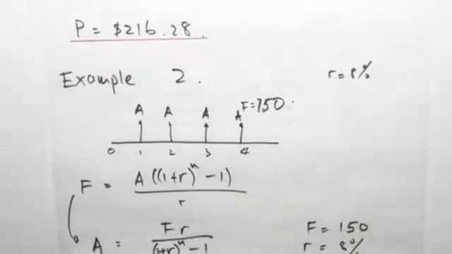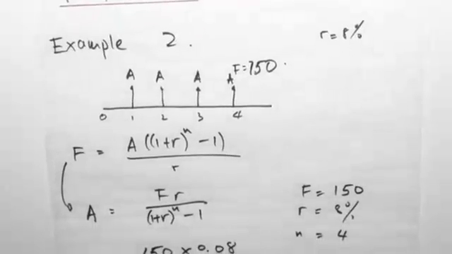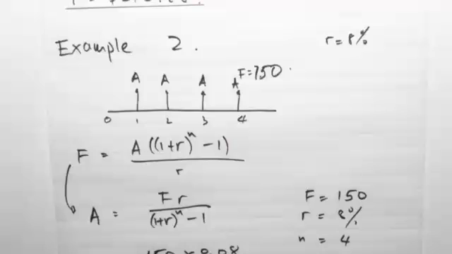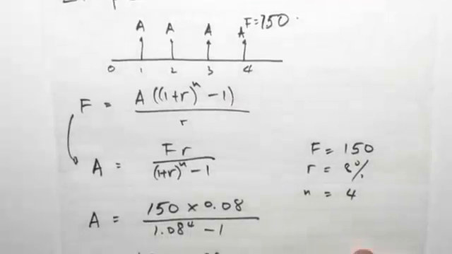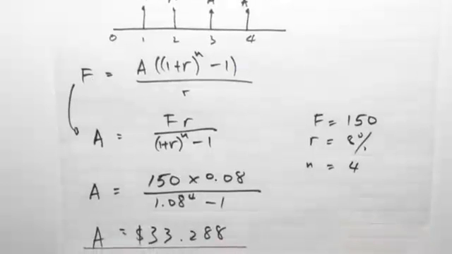Once again we'll start out with the equation method. The equation for future value, if we are using annuity, is A times bracket (1 plus R) to the N minus 1, over R, and we rearrange to make A the subject, and we find that the equation becomes A equals F times R over (1 plus R) to the N minus 1. And we know what the future value is, we know what the interest rate is, and we know the number of periods. So we just put it into the equation like this, and we find that the annuity amount we have to put in will be